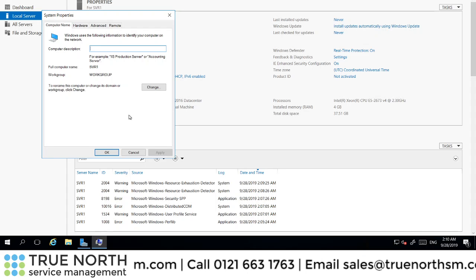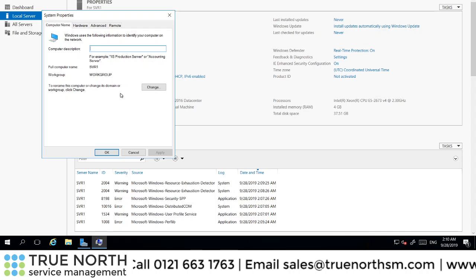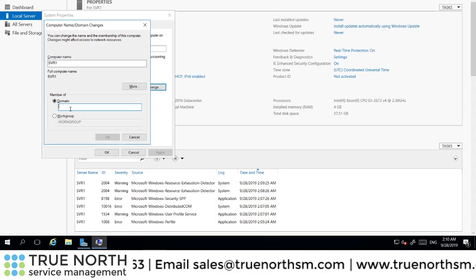Now we have the option to move it out of the workgroup and rename the computer or change its domain by clicking on the change button. So here, I'll click on the domain.